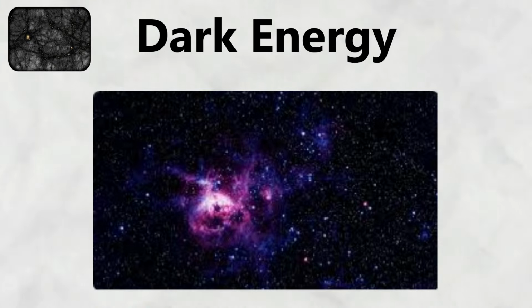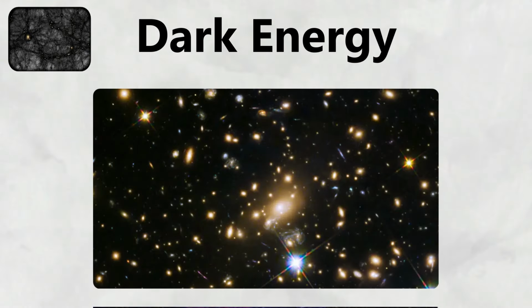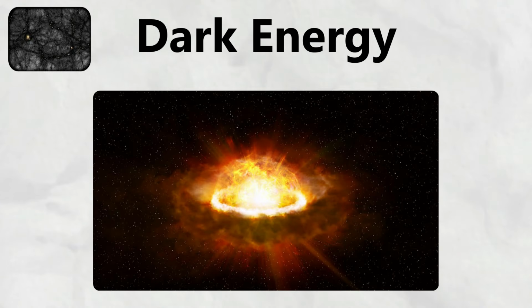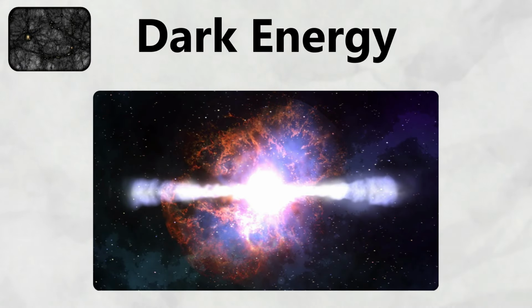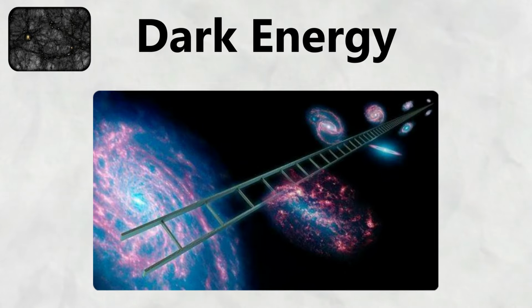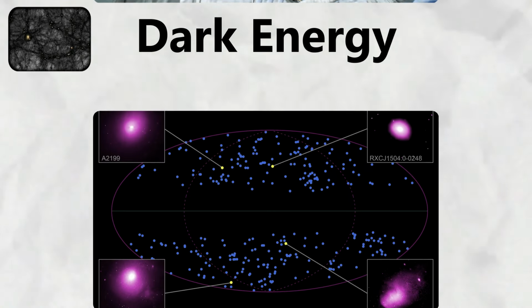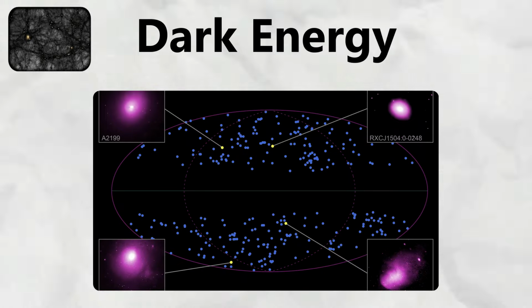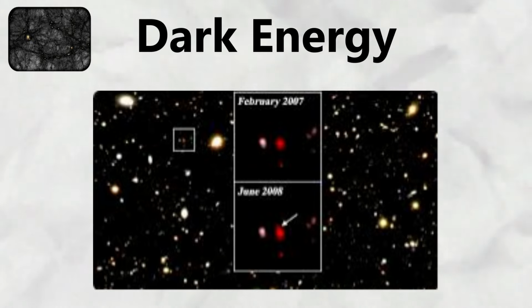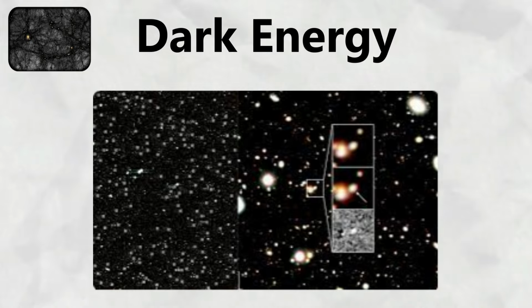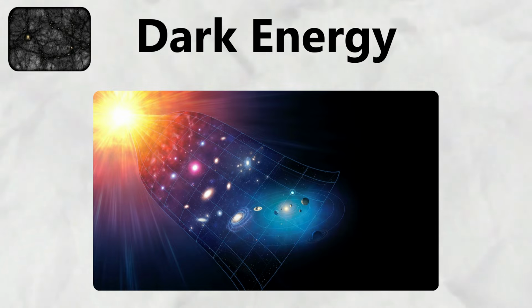The discovery of dark energy came from observations of distant supernovae in the 1990s. Two teams of astronomers were studying type Ia supernovae, which are stellar explosions that always produce the same amount of light, making them useful as cosmic distance markers. These scientists expected to find that the universe's expansion was slowing down due to the gravitational pull of all the matter it contains. Instead, they discovered that distant supernovae appeared dimmer than expected, indicating they were farther away than predicted. This meant the universe's expansion was actually speeding up rather than slowing down.